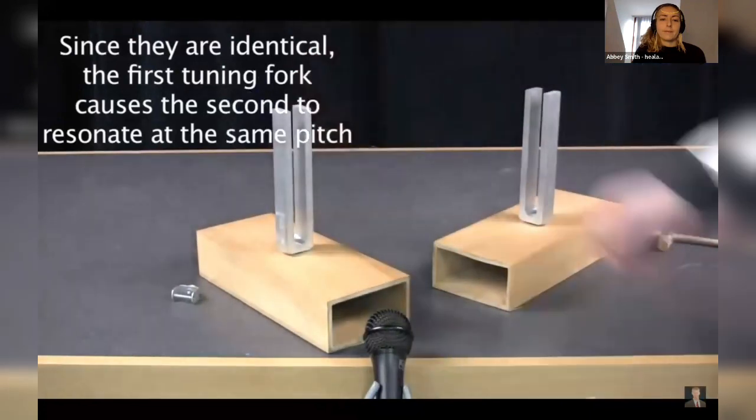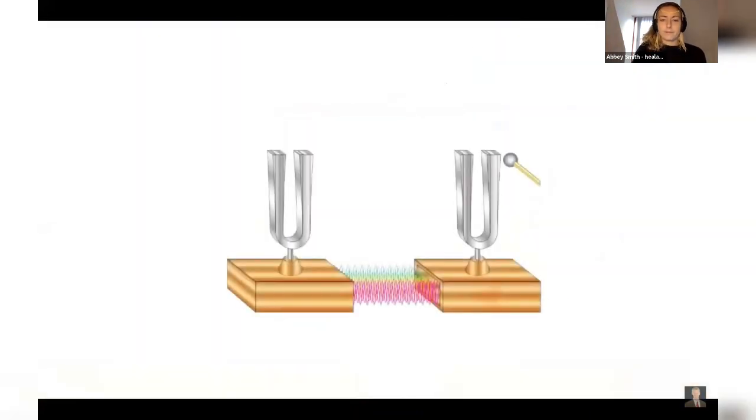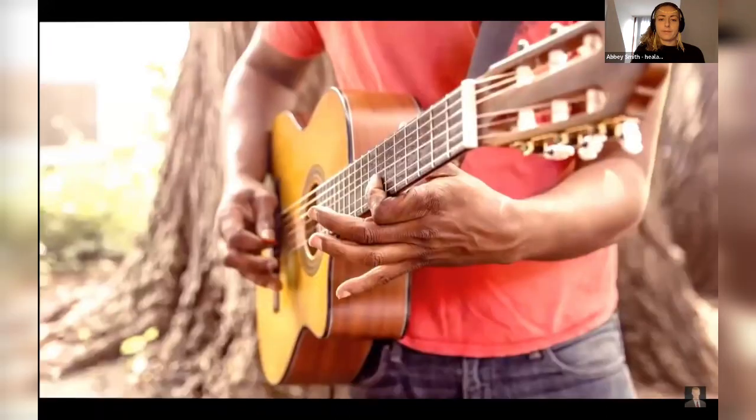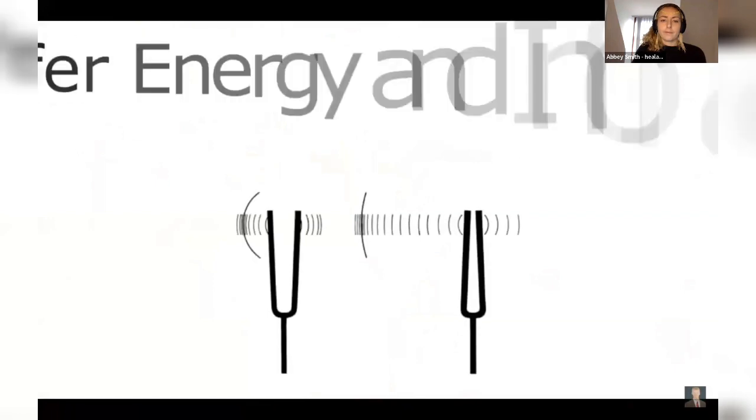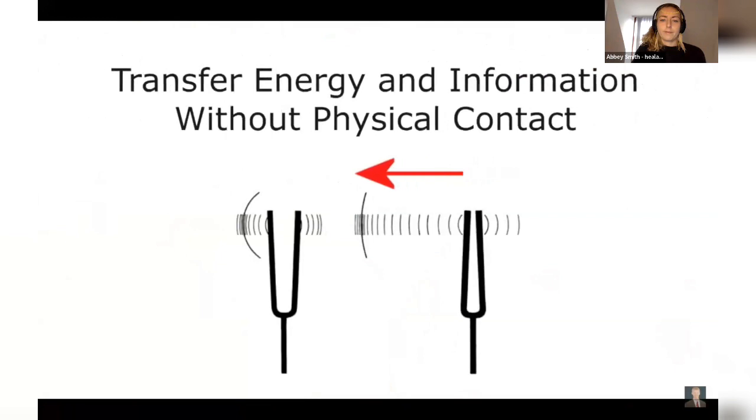Since the two tuning forks are the same in this video and have the same resonant frequency, the first tuning fork creates a sound wave driving force, causing the second tuning fork to resonate at the same pitch or frequency. With tuning forks and also musical instruments, the resonant frequency depends on the size, shape, and material used. When two objects are resonating at the same frequency, they can synchronize and connect and transfer energy and information without